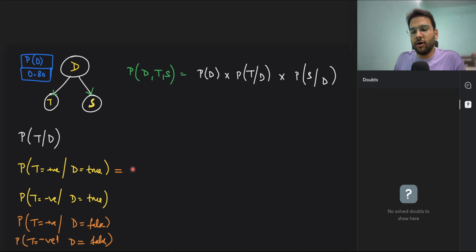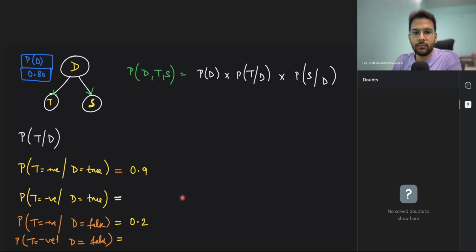So what is the probability that the test is true? So let's say this is given to you, that is 0.9. Okay, 0.9 is given to you. And let's say this value is also given to you, that given that the patient is not infected, the test is positive. Let's say it is 0.2. Now, can you find out the remaining values, everyone? Can you tell me what will be the value of this second one?